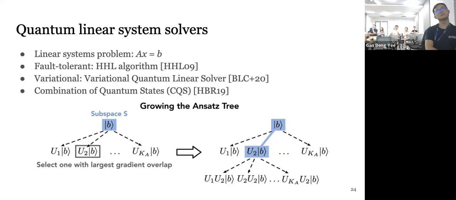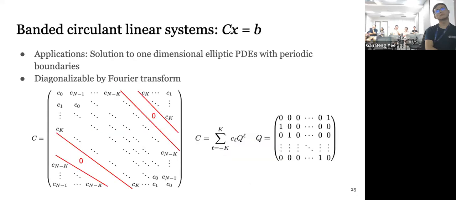Okay, so through this ansatz tree. Okay, so this is the general idea of their paper. For our paper, we do something that's very similar, but we actually don't use this ansatz tree, which I'll talk about later. So for this paper, we focus on a specific type of linear system, which we call the banded circular